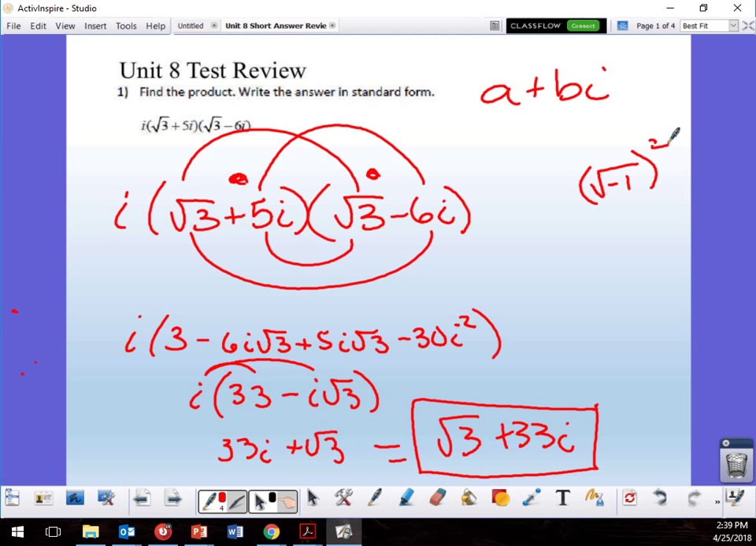Just making a note: when it goes from rad 3 times rad 3, is that the same reason why it just turns into 3? Yeah, it's going to be the same thing. When we multiply the inside, it's rad 9, and rad 9 is just going to be 3. That's where we get that also. Or you could just say